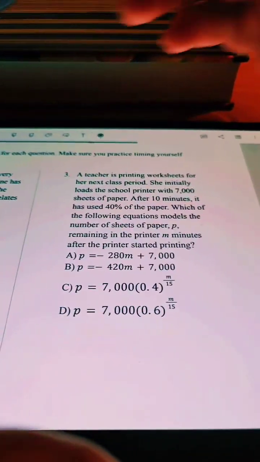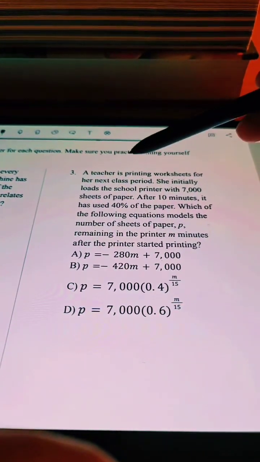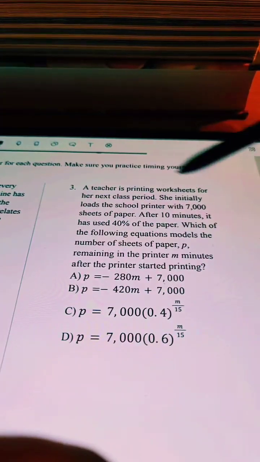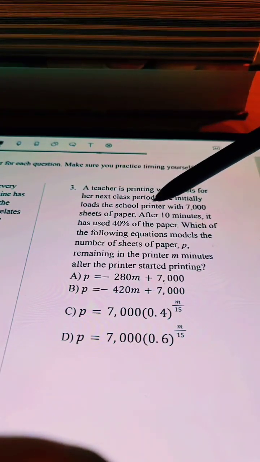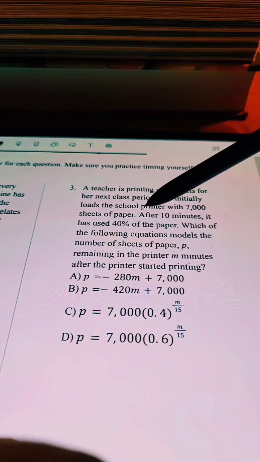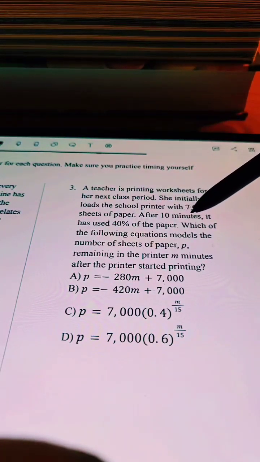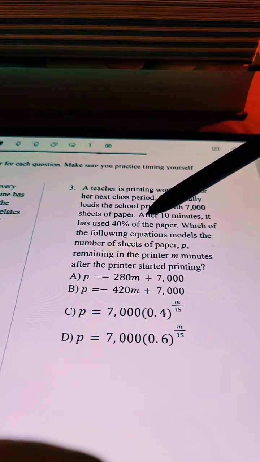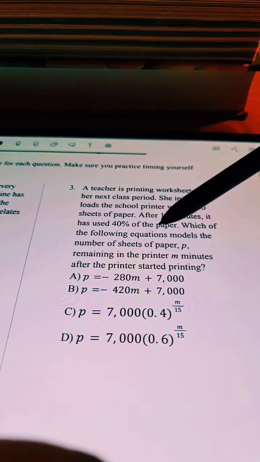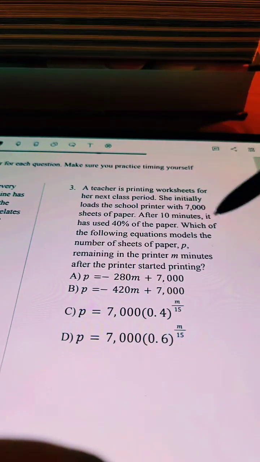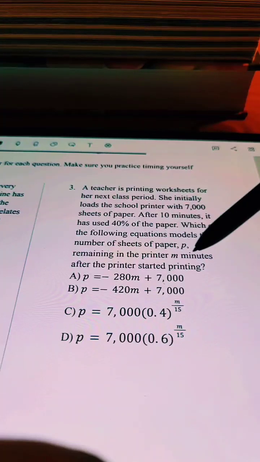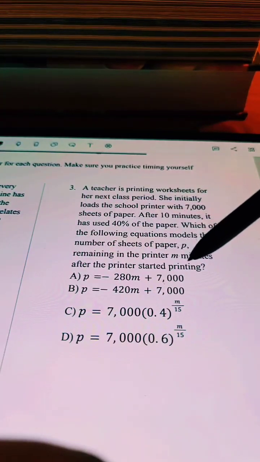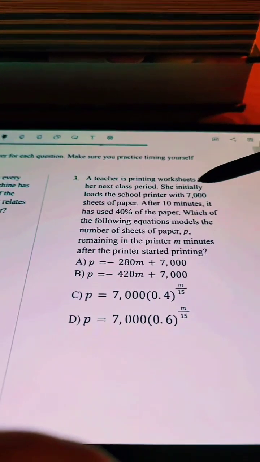So let's go to this one. No problem. So it says a teacher is printing worksheets for her next class period. She initially loads the school printer with 7,000 sheets of paper. After 10 minutes, it has used 40% of the paper. Which of the following equations models the number of sheets of paper P remaining in the printer M minutes after the printer started printing? So we're initially starting with